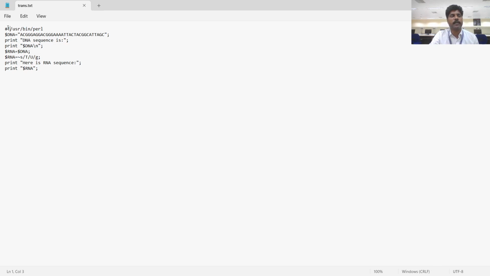Hash means that whatever you write after the hash will not be taken as a command. So we can use hash anywhere in the line and write anything; it doesn't disturb Perl. Most probably we use hash for information or sometimes tutorial purposes. Suppose I write here hash, this is a DNA. So the first line is hash /usr/bin/perl, and next we are going